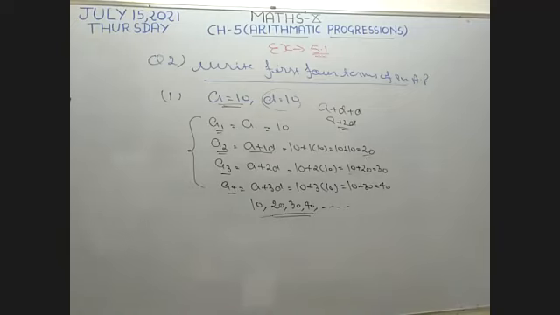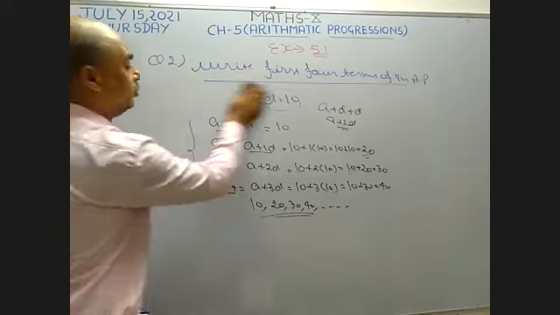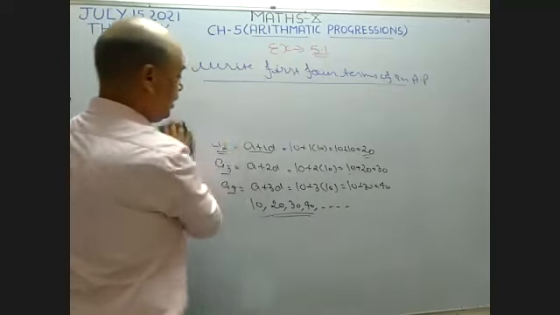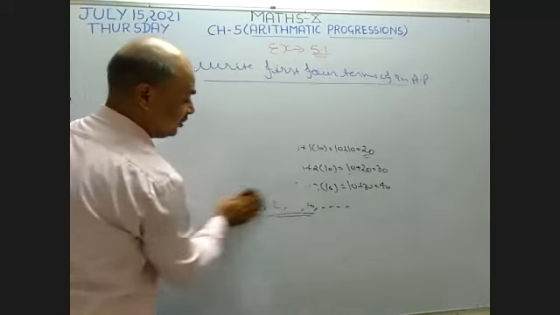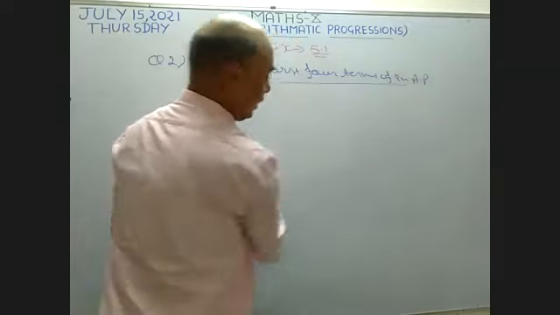Okay, it's very easy. Yes, I know it's very easy. Now I want to solve its third part, beta. See, I am going to solve the third part. Again, the first term and the common difference are given, and we have to find its fourth term. Okay,